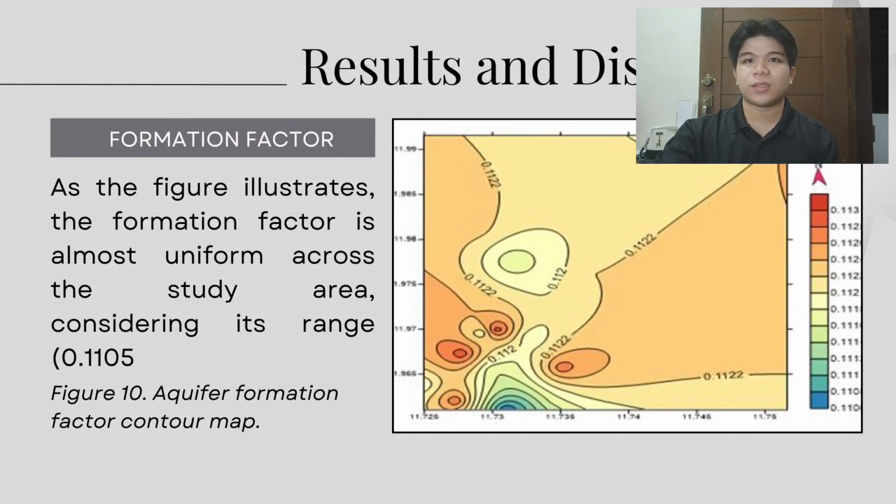Figure 10 illustrates the spatial distribution of the aquifer formation factor within the study area. The formation factor is a dimensionless quantity that relates the electrical resistivity of a rock to the resistivity of the fluid it contains, and is represented using contour lines. The different colors on the map indicate varying values of the formation factor. As the figure illustrates, the formation factor is almost uniform across the study area, considering its range, which is 0.1105 to